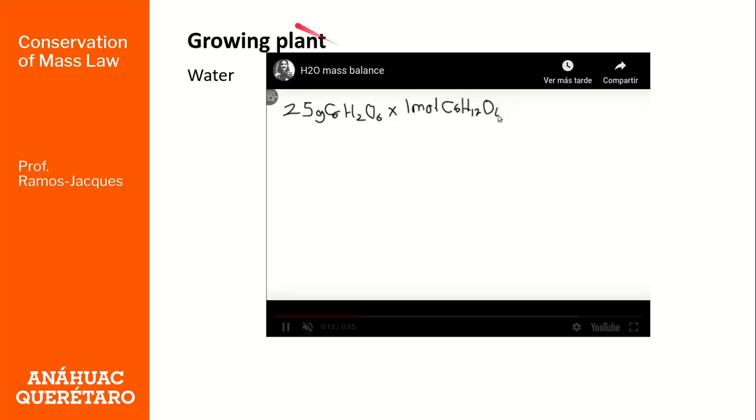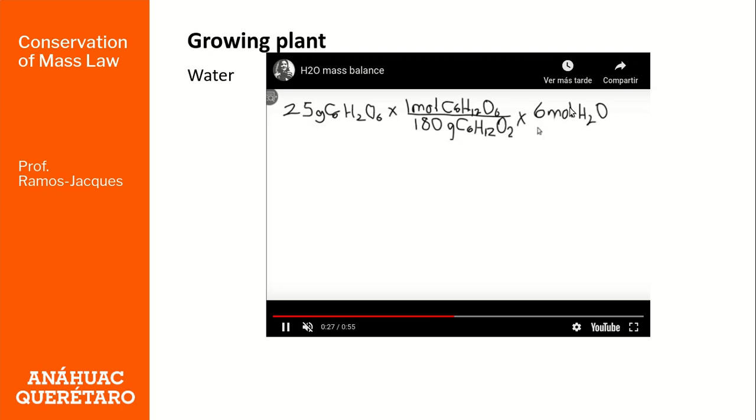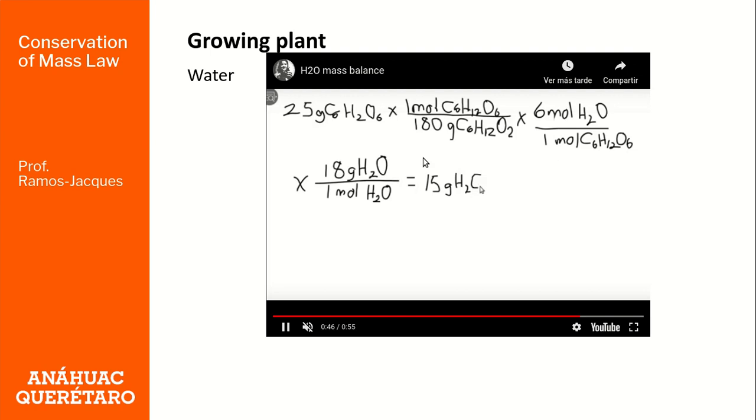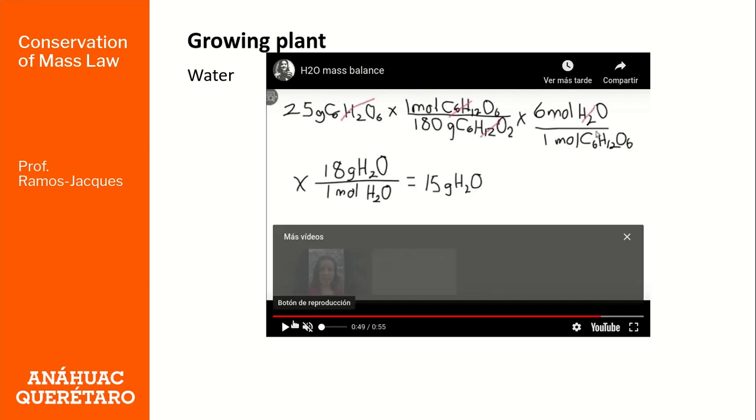again the molecular weight, and then here the number is the same as in carbon dioxide, but it's another relationship. This depends on the chemical equation we are using. In this case, it's the same number, but in other cases it might be different. So you have here grams of glucose, and then grams of glucose divided